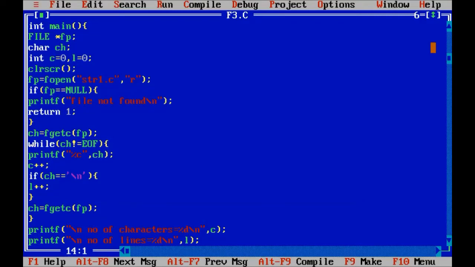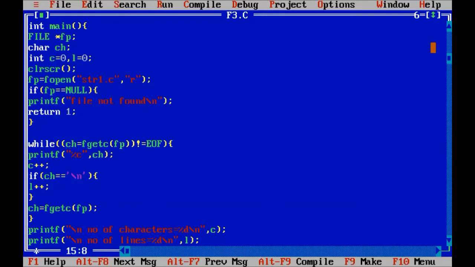There is no need to get the character first and then apply the while loop. You can transfer this statement inside the condition of the while. Okay, I just do that. See here, I am removing this particular line and pasting it here. What I am pasting here is ch is equals to getc of fp. So what I have changed is that the reading of the character itself is done in the condition itself.